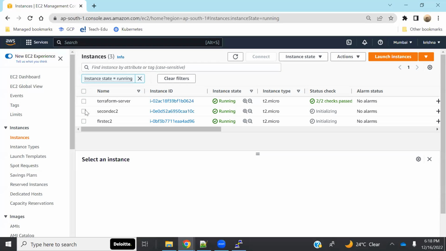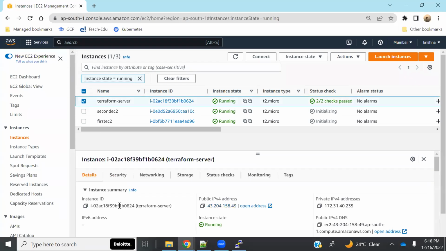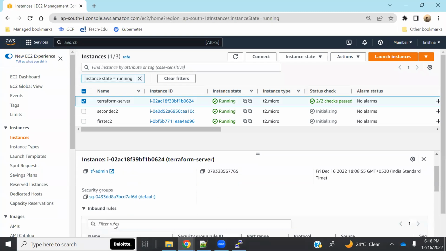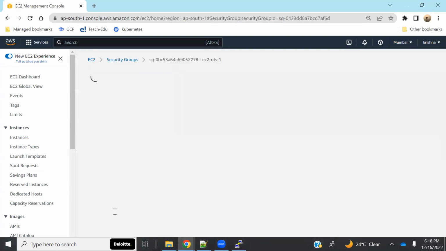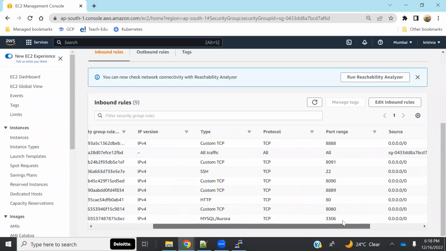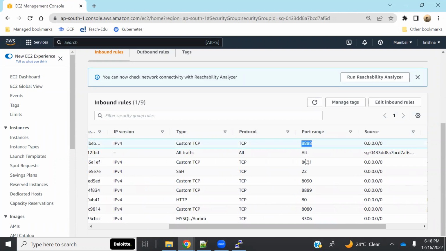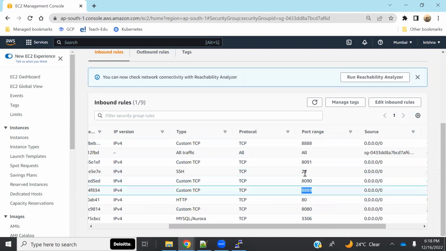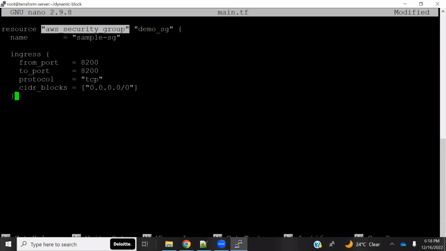Whenever you create an instance, suppose you created this instance. So if you go to the security section, you will see there is a security group. And if you go inside this security group, you will see n number of rules are here. So if you see, I have opened these many port numbers here. So if you are trying to open all of them one by one, you will have to write something like